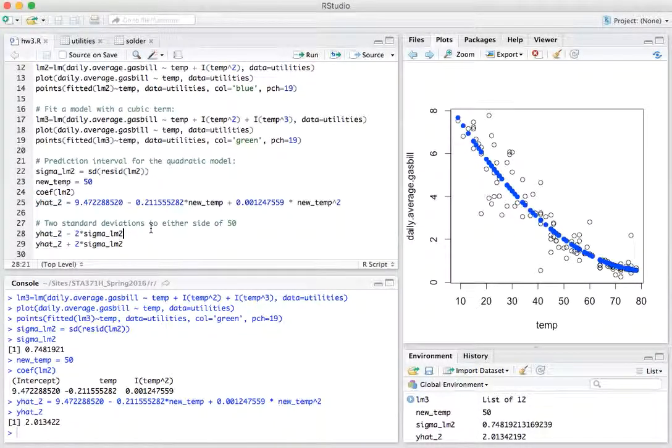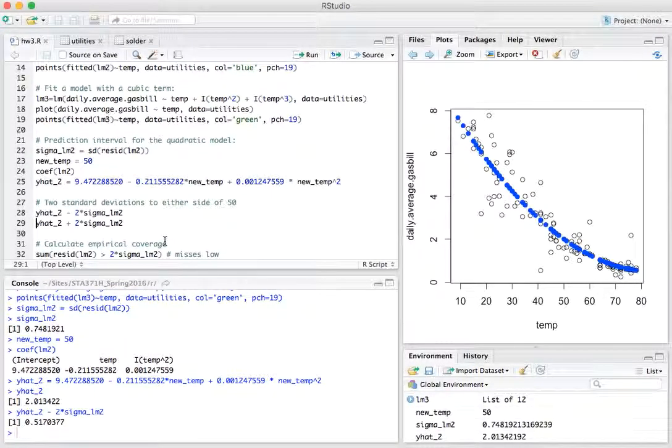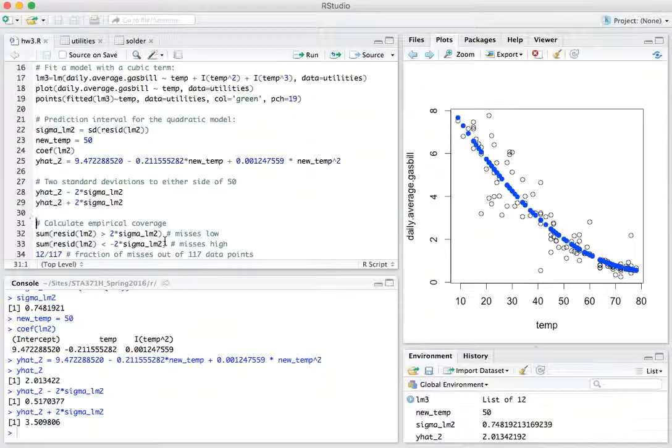Okay. Now we want to go up and down 2 standard deviations. And again, you could have picked up or down 1 standard deviation, or even some fractional multiple here. I'm just going to pick 2 to get me a relatively conservative naive prediction interval here. Okay. So if I go down 2 standard deviations of the residuals, I'm at about 0.5, and up 2, I'm at about 3.5. Okay. So these two numbers right here would be the endpoints of my naive prediction interval, 0.5